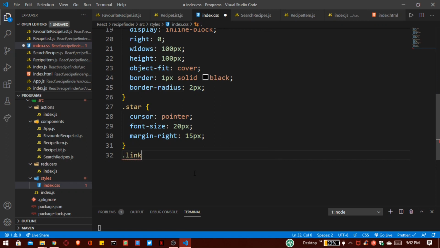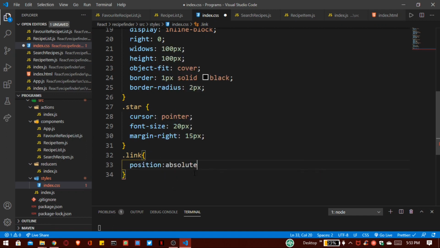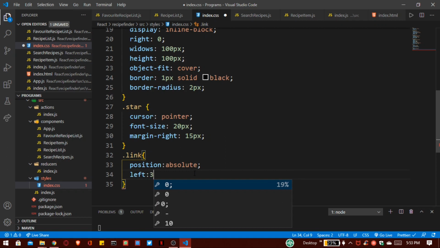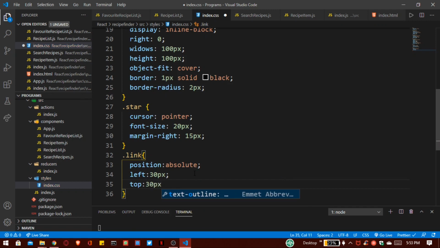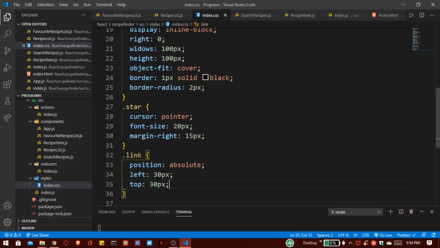Make sure here dot link and position absolute. I want to move it to our left hand side, so 30 pixels, and also on the top 30 pixels. So now save this. Now here you can see our favorites at the left hand side because we did some modification with this class name link.